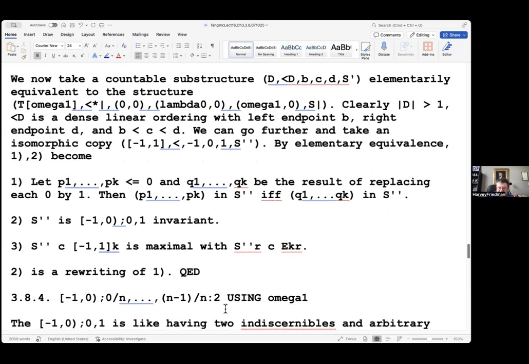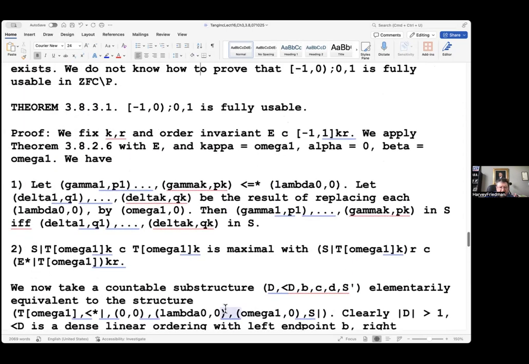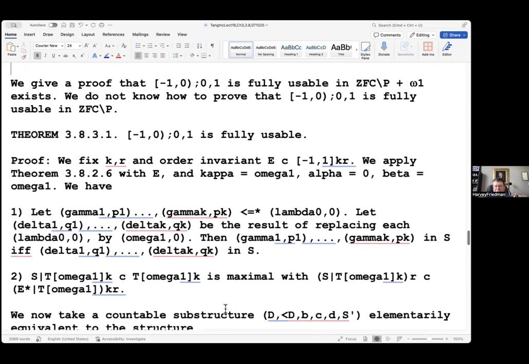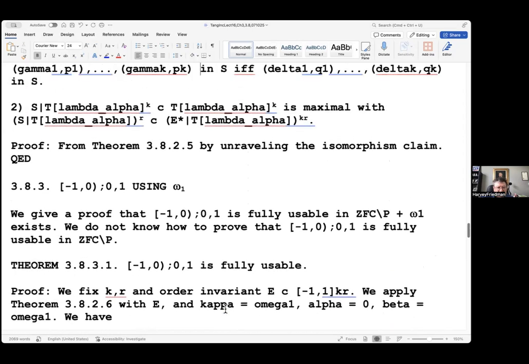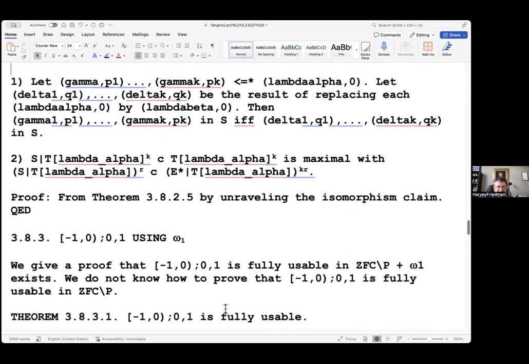Okay, so we have just completed the proof that this is fully usable, by using the infrastructure, that machinery, in order to set it up, in order to pluck out what we need. So we use this thing here. This thing here we used.